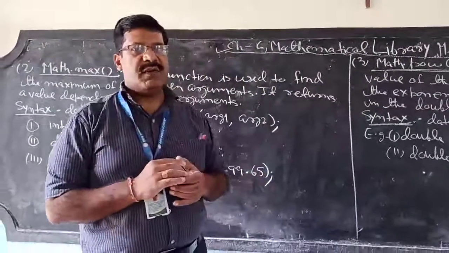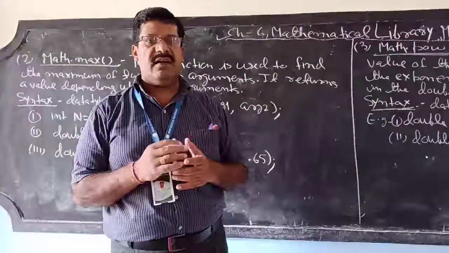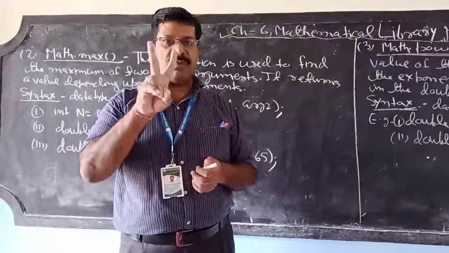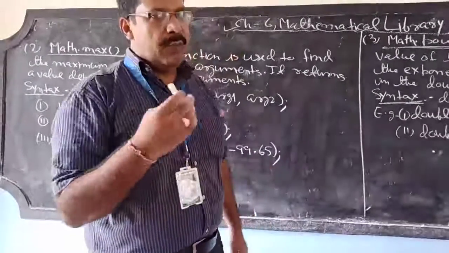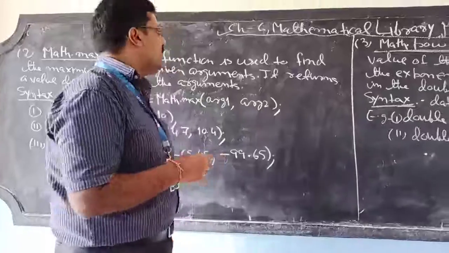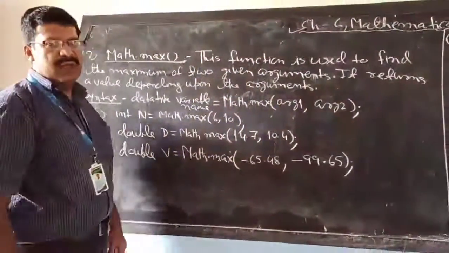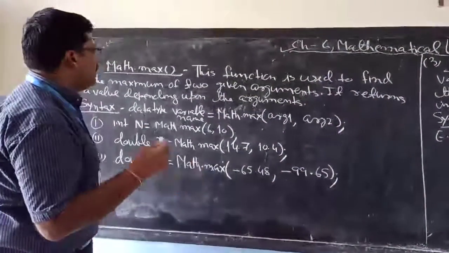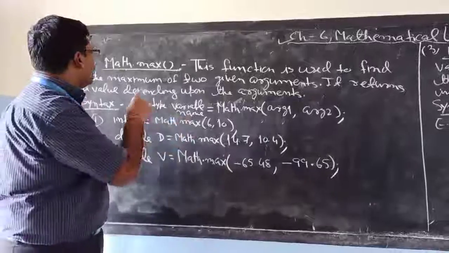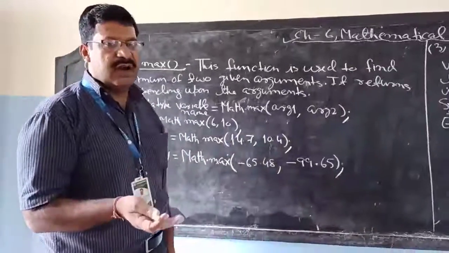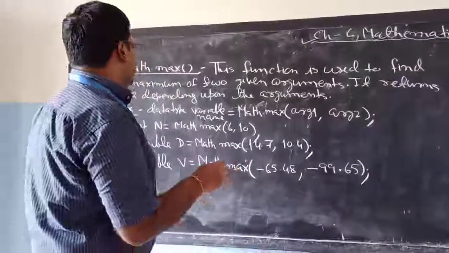Okay, in our last class we discussed the Math.min function. Math.min function is used to return the smallest value out of 2. The opposite of Math.min is the Math.max function. It is vice versa of Math.min. The min function is used to return the smaller number out of 2, and the Math.max function is used to return the bigger one out of 2. Okay. So what is the difference?